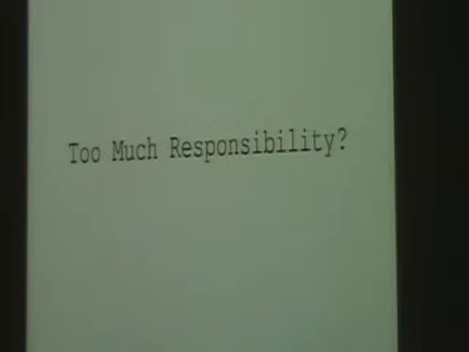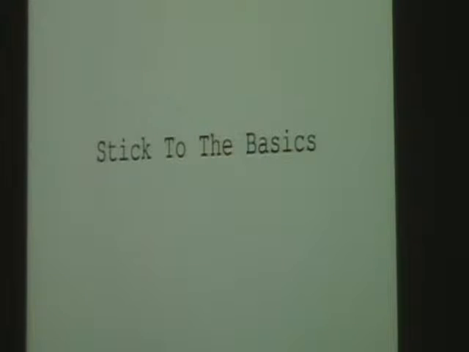But the question is, at what point is the amount of workarounds and the problems that you're dealing with going to be more than the amount of work that you have to put into an abandoned open source project that you're using, that you're relying on? And in our case, it seemed like we were getting to that point. And you ask yourself whether or not it's too much responsibility. I mean, you're basically jumping into someone else's shoes, and if the project is popular, that could be pretty daunting. But something's usually better than nothing. And if you stick to the basics, it's not too bad.